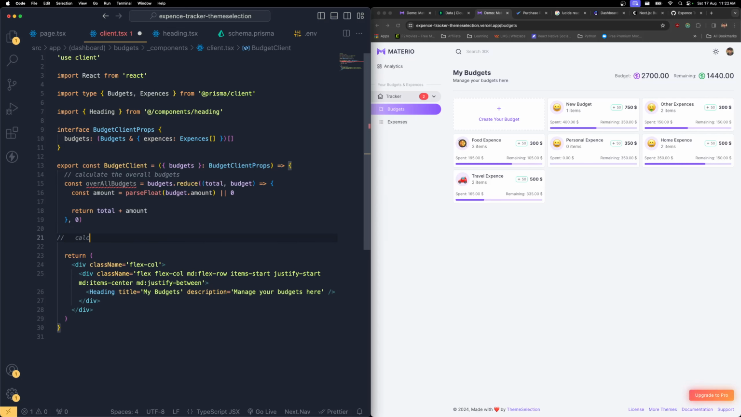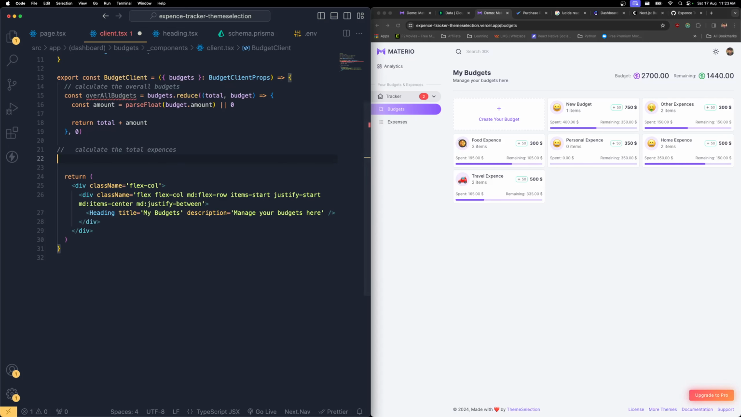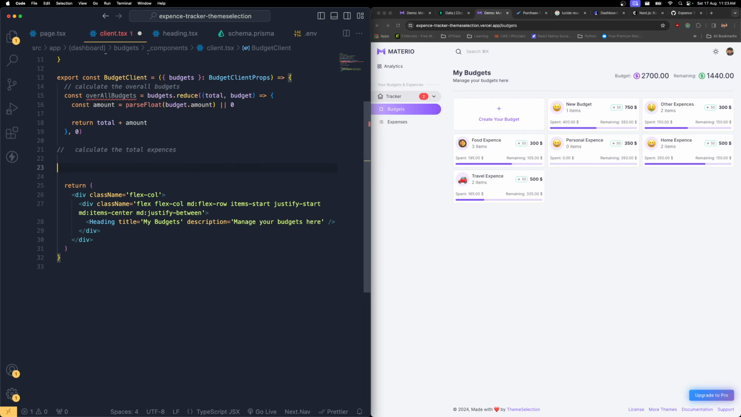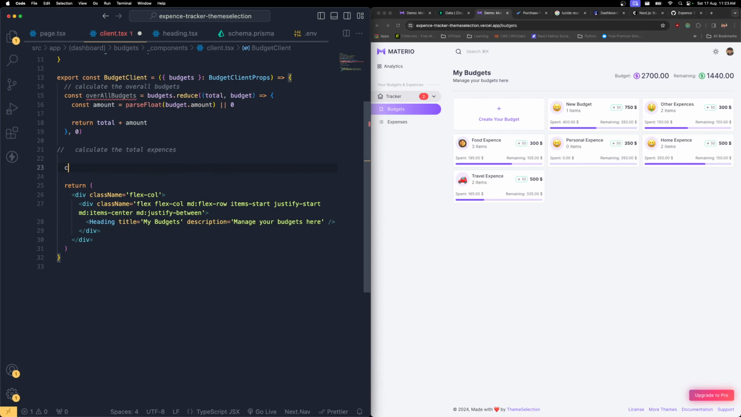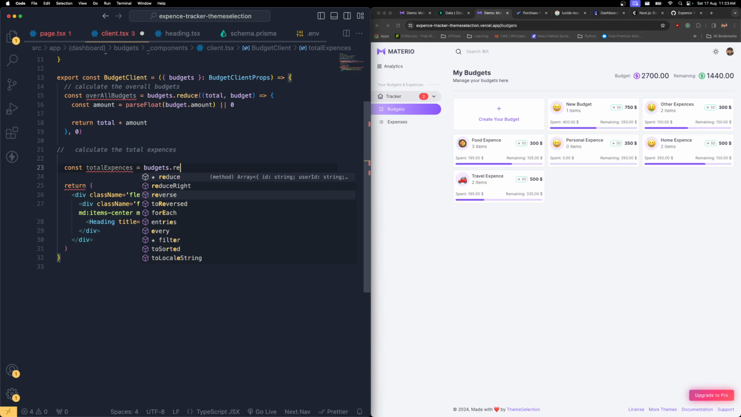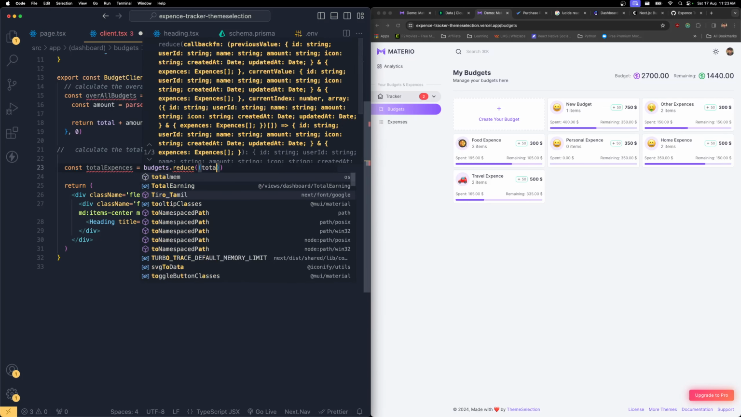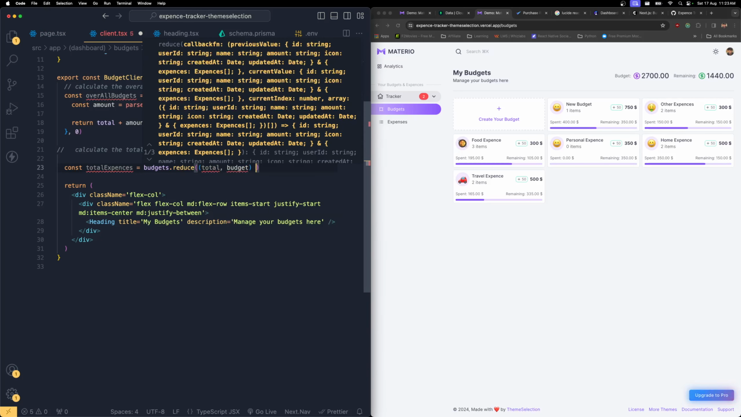Then I need to calculate the overall total expenses. Calculate the total expenses for each budget. If we calculate the total expenses, then we can reduce the total expenses from our overall budget, so I can display both of the values over there. Okay, so const totalExpenses, which is equal to budgets dot reduce. Open it, get the total, along with that get the budget,